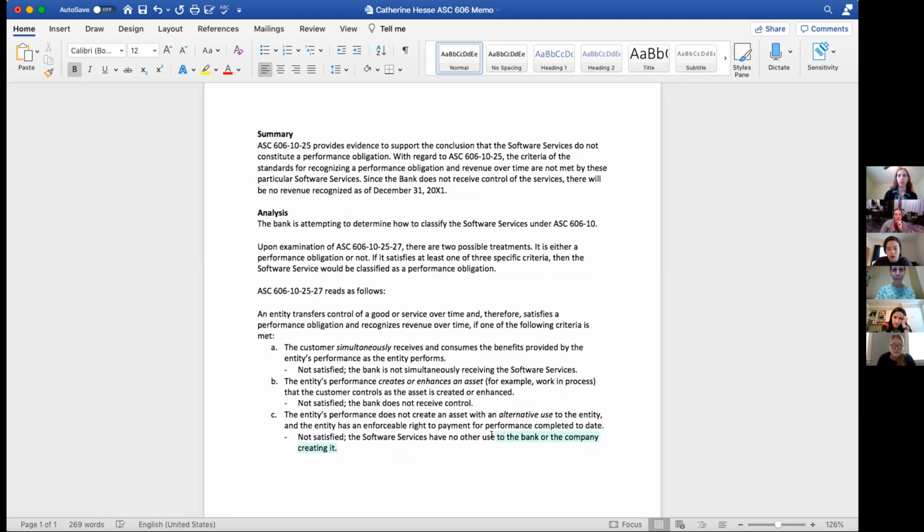Let's see the very first sentence. ASC 606-25 provides evidence to support the conclusion. Does the standard provide evidence? The standard isn't evidence.